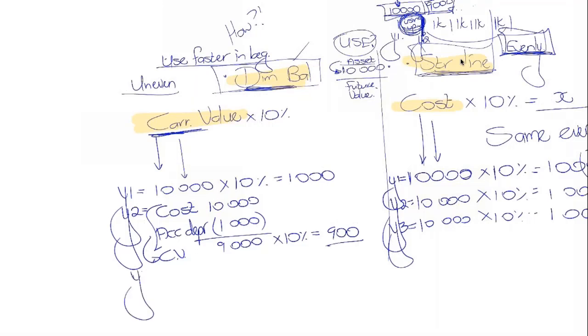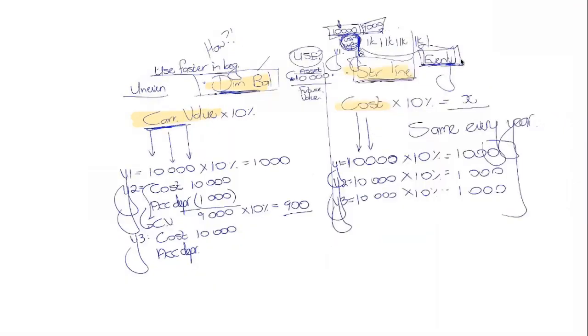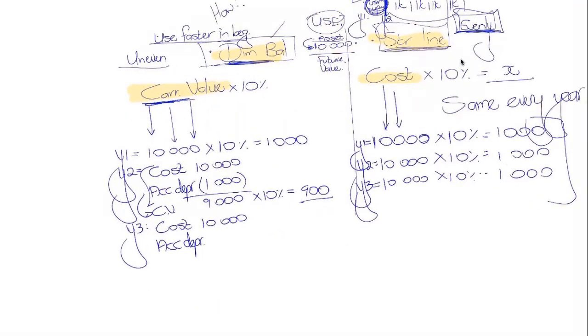In year three, they say, okay, you have to use your carrying value. So you start again. You go, okay, what's my cost? 10,000 Rand. What's my accumulated depreciation? And this is where we start losing track a little bit, because now there's quite a few numbers. Now you need to make sure that you're keeping track of the fact that your accumulated depreciation will be